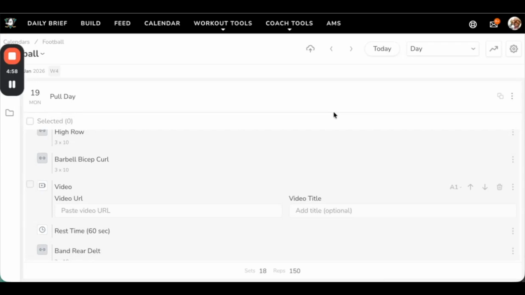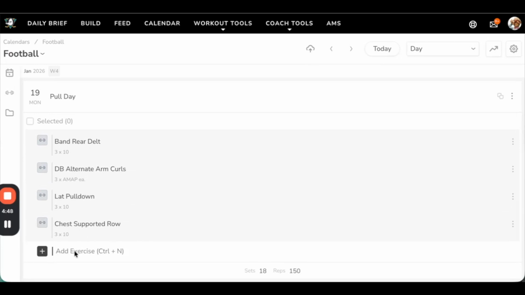In this video, we'll be covering the different items you can add to your exercise program outside of traditional lifts. After selecting a calendar from the drop-down and a workout for the day, you can scroll to the bottom if you want to add an exercise from there. But if you'd like to filter by the different exercise categories, you can select the dumbbell icon on the left-hand